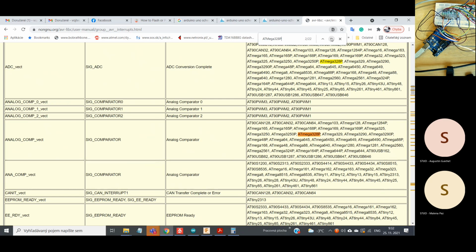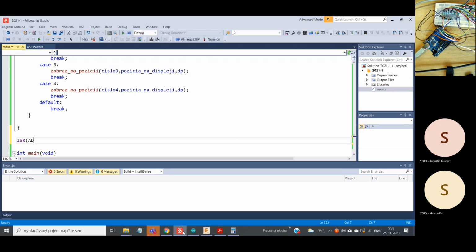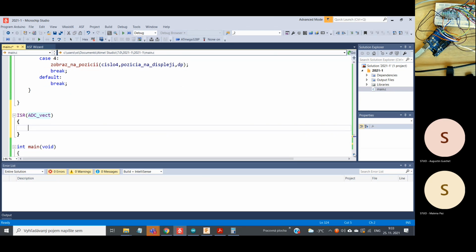So the name of the vector is ADC vector. Okay. And in the subroutine, we have to make a variable. The best option is to use the magic word volatile, because